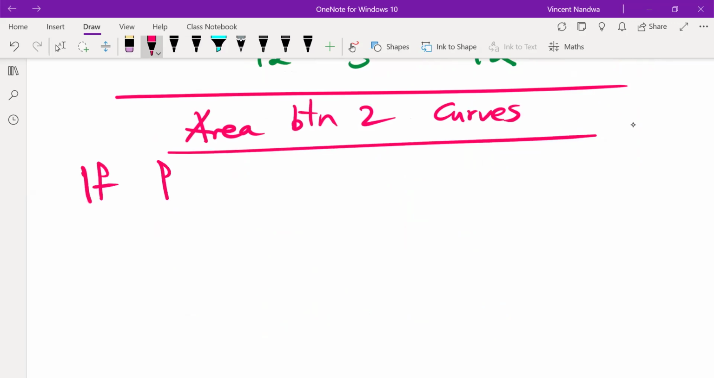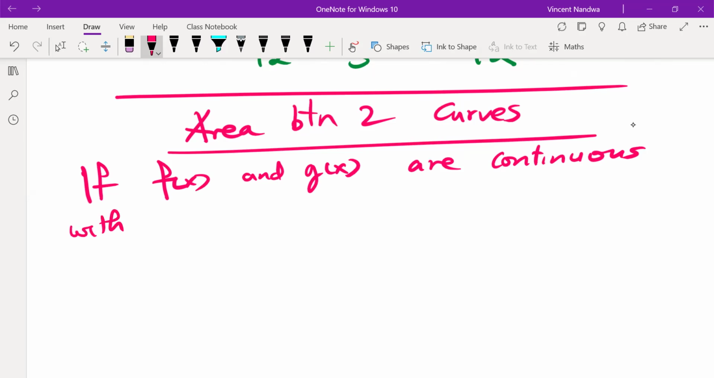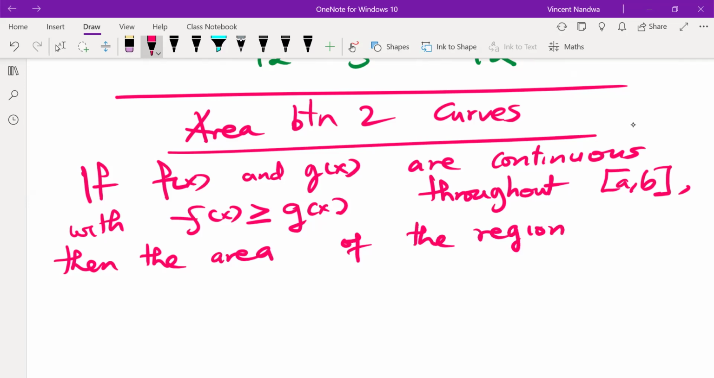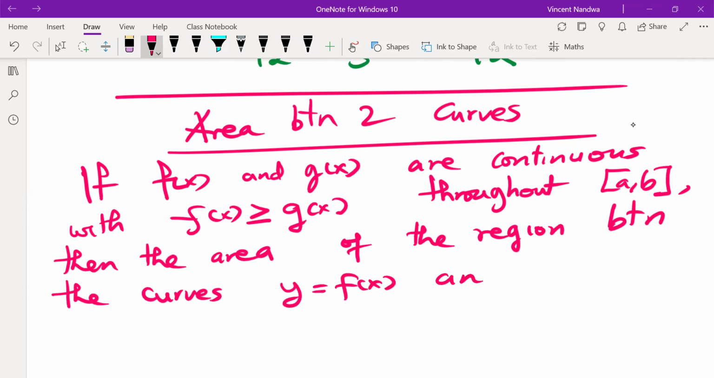So if f of x and g of x are continuous with f of x being greater than or equal to g of x throughout the interval [a, b], then the area of the region between the curves y equals f of x and y equals g of x from a to b